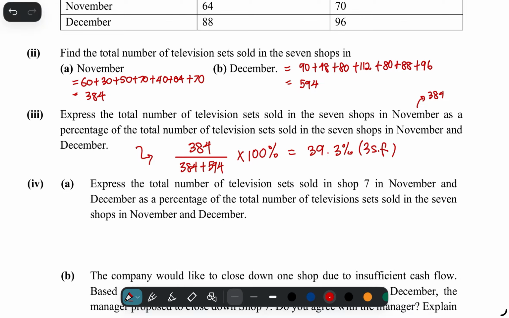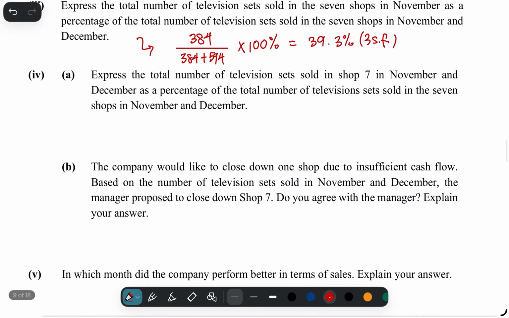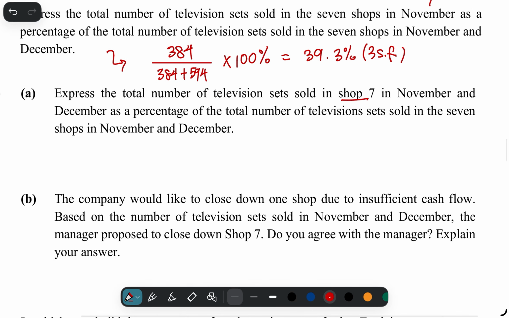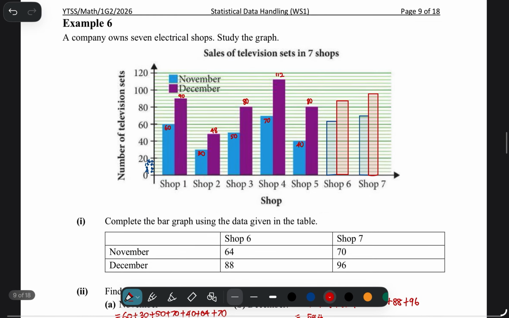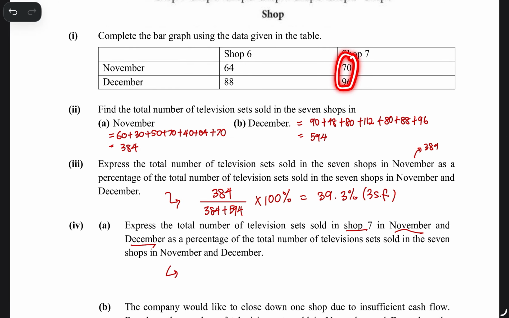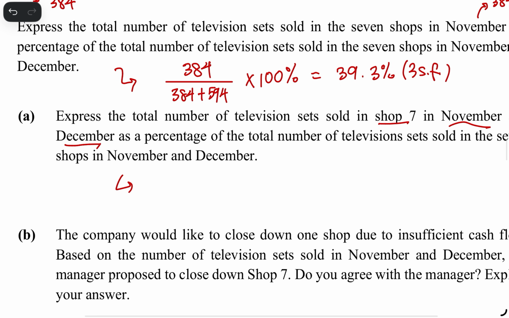Okay, so moving on for part 4, express the total number of television sets sold in shop 7 in November and December as the percentage of the total number of television sets sold in the 7 shops in November and December. So if I look at shop 7 in November and December, shop 7 sold 70 and 96. So this is 70 plus 96